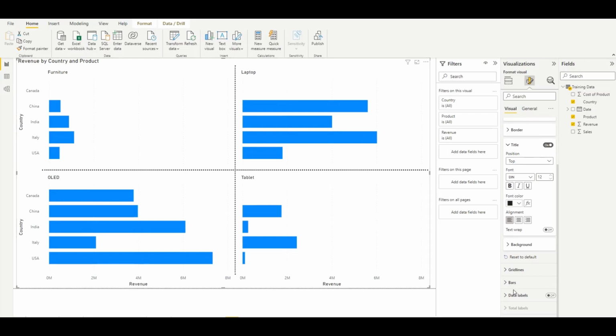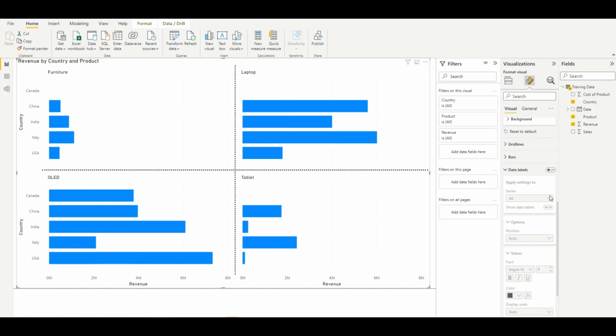The next thing I'm going to do is make sure that my bars have data labels on them. So I'll go back here and make sure that the data label feature is turned on and it has good formatting. I'll make the font 14. I'll make it a bit bold, and I will choose the color as black because gray is the default in Power BI. Now you can see that this has formatted our data labels, but we still need